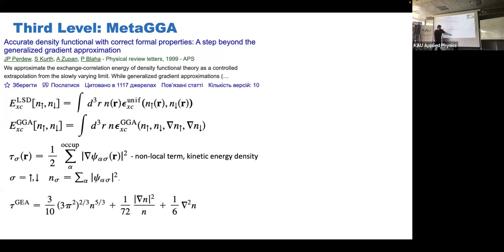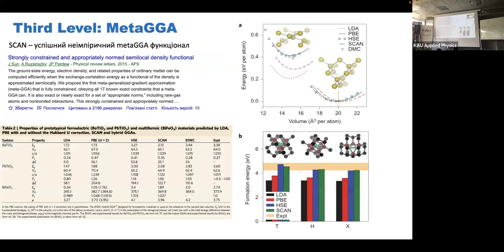So we take this kinetic energy density, the kinetic energy gradient, and it works almost as fast as GGA, but with better accuracy, and it gives us better results. For example, for band gap. Band gap is a problem. Yeah, SCAN is one of the most popular